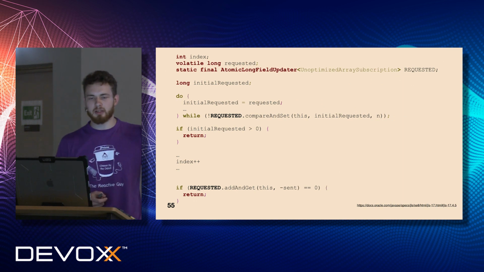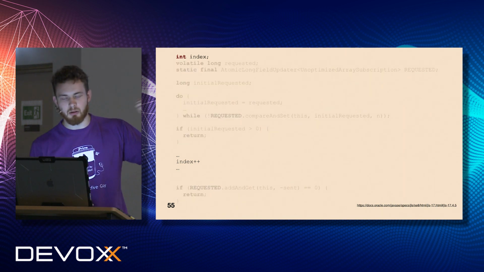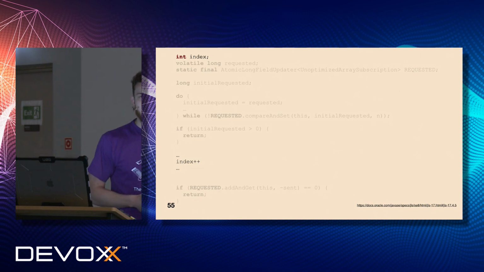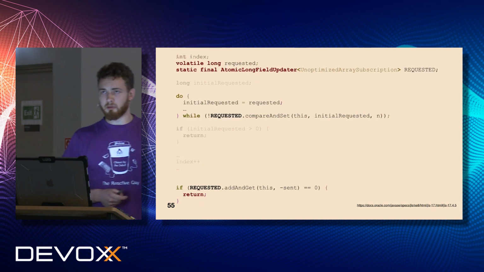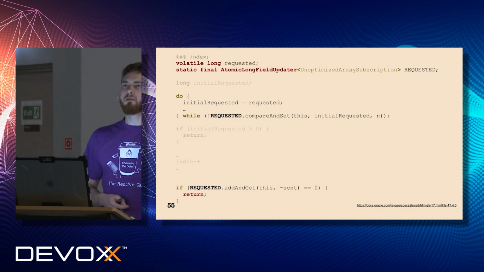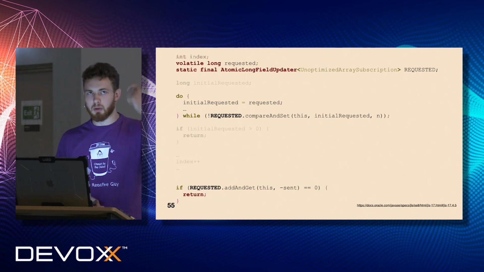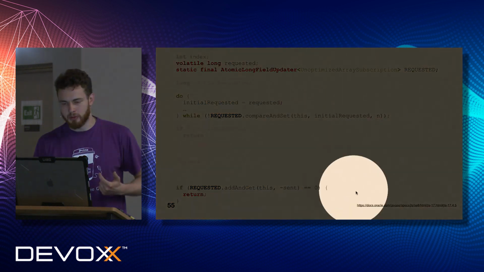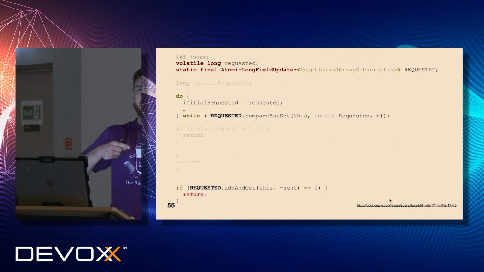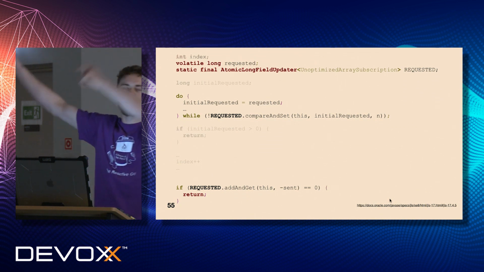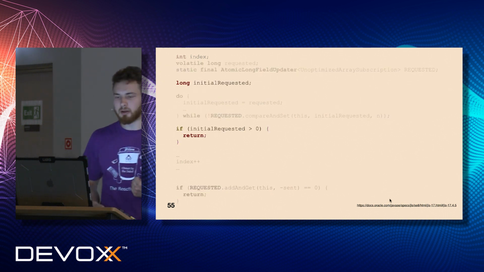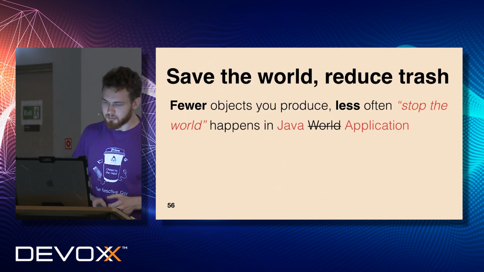So in our case, it's absolutely clear that access to our index will be done by only one thread. So you don't have to make this field volatile or atomic, because there is a guarantee from other volatile read and get, which, according to this link, according to the Java memory model, will guarantee that all updates to non-atomic fields